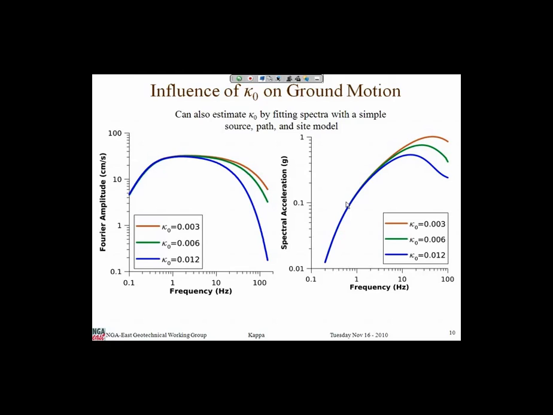And just to note, there's another way of calculating kappa, and this is the one that Walt Silva typically does, and that's to fit a model to these things. If you fit a model with kappa 0 being one of the parameters in the model, then you can also determine kappa 0 along with the other parameters. You would get stress drop and other effects as well. This version would be model dependent. You're not directly measuring it off the record like Anderson and Hough did. Instead, you're fitting a model to observed ground motions and then interpreting kappa from that.